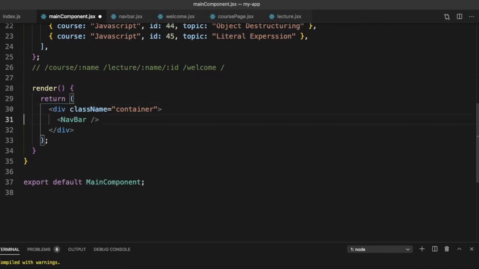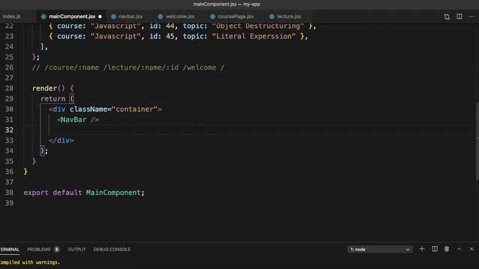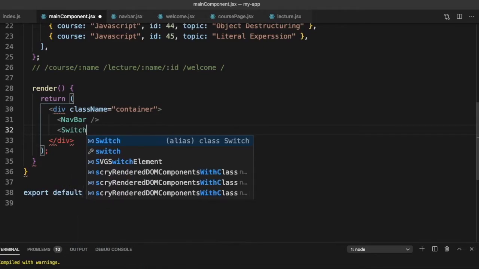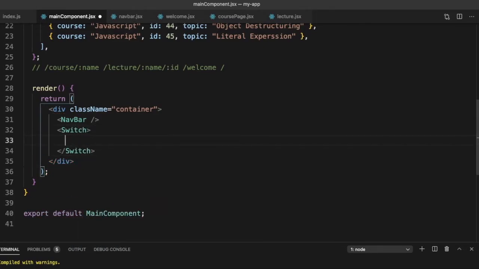So let's just go and put a switch, and obviously this one will come last, and the rest we can define in any order. So let's just say route path is equal to slash course slash colon, let's call it course name.